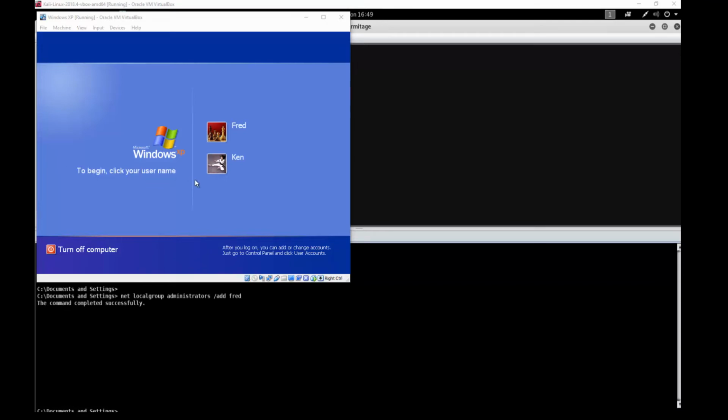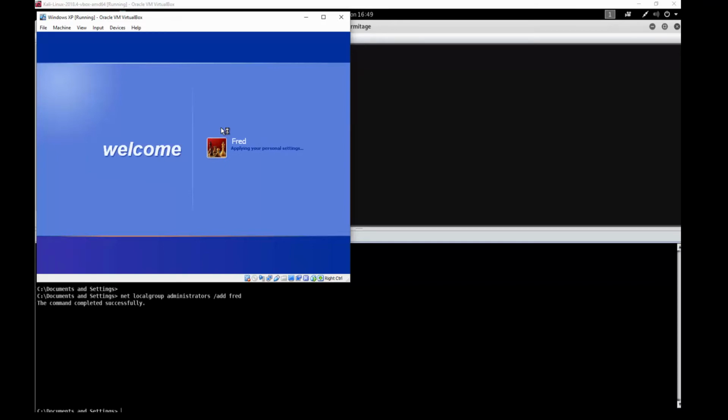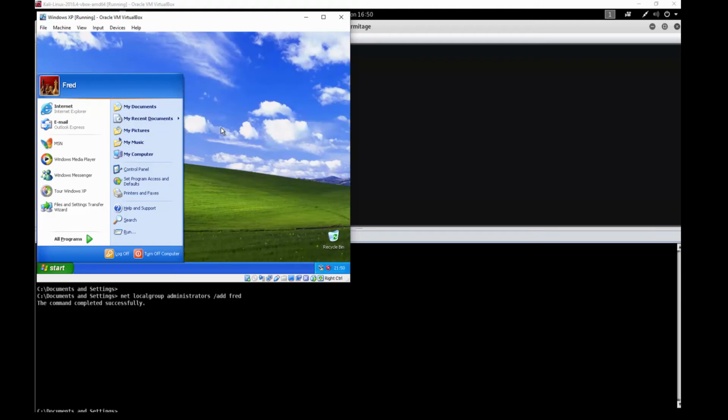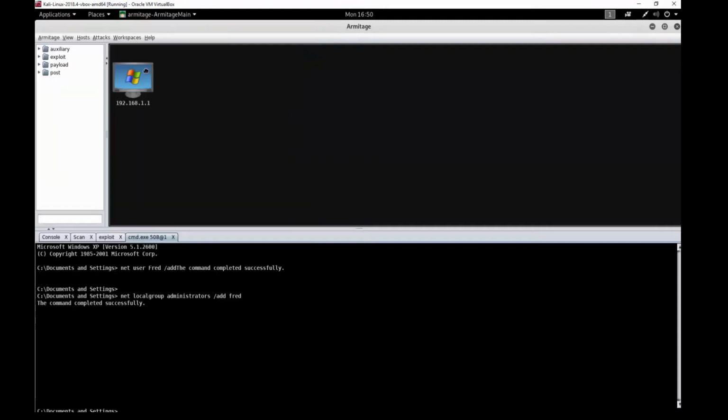And the Fred user has popped up. We could click on that, and it'll log into XP and give us full admin rights. So we have managed to crack this machine. So that's one way of doing it. But what about the existing users? Well, what we'll do